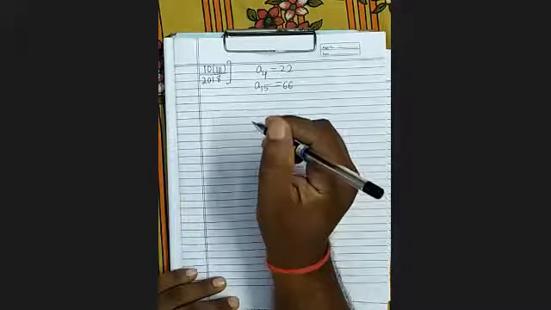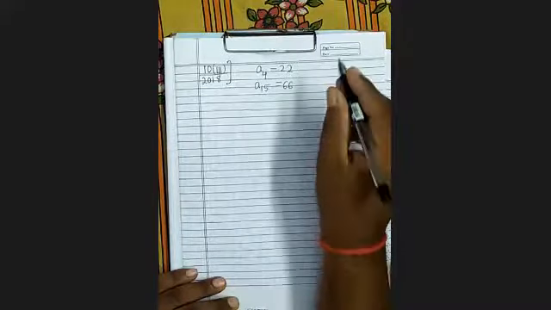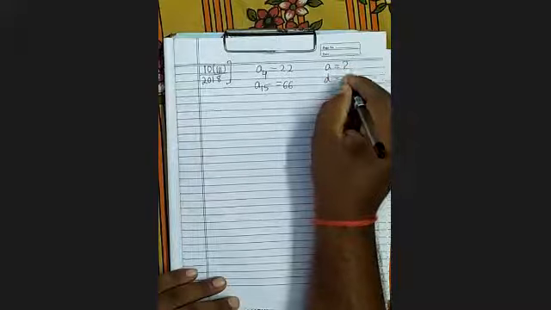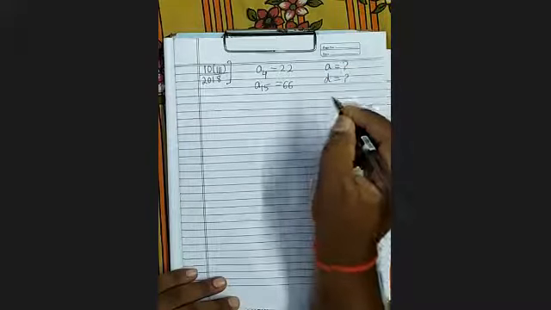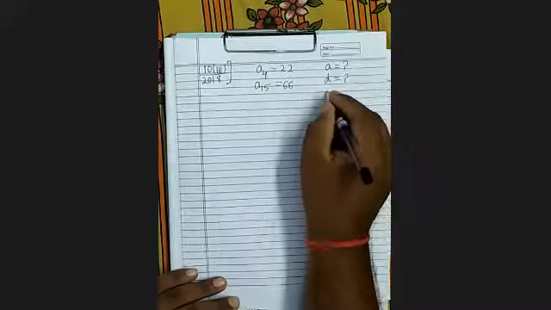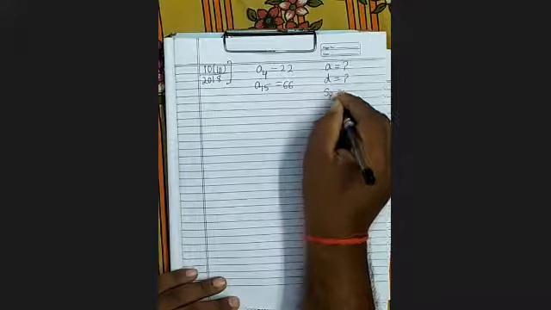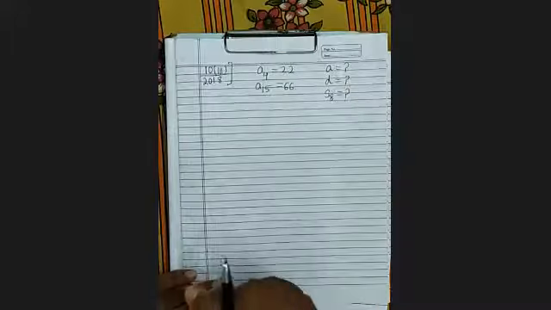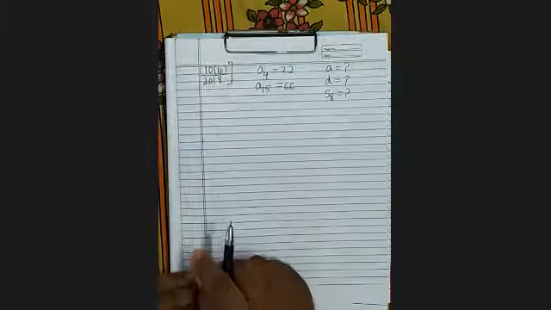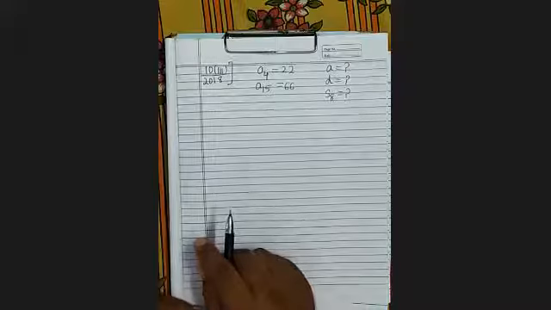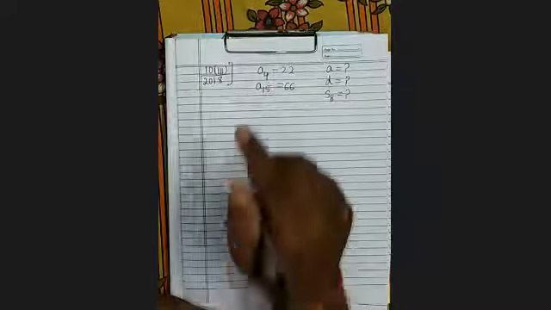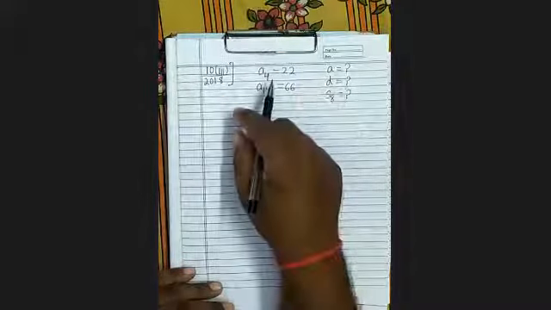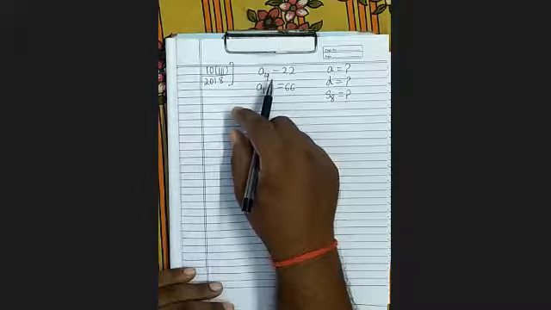You have to find the first term and common difference. Means you have to determine a and d. Hence sum of the first n terms. Then after that you have to find S8 also. So this is also very simple. Which formula will we use here? The an formula, a plus (n minus 1) into d. It's clear? So see here.